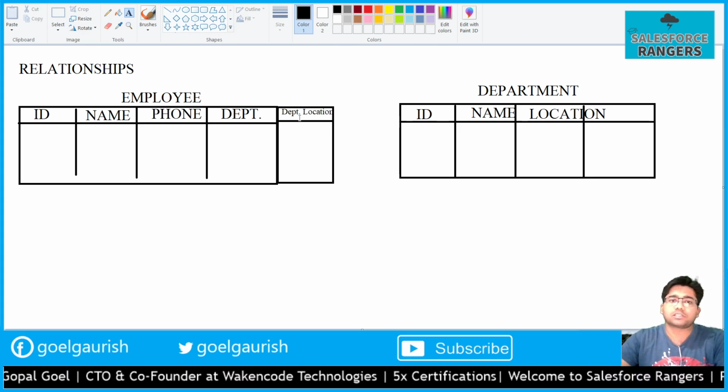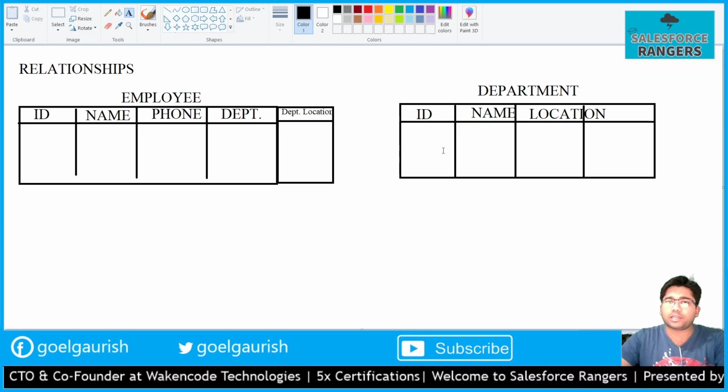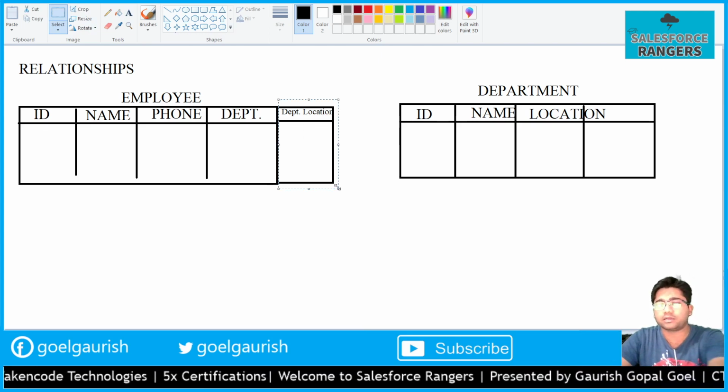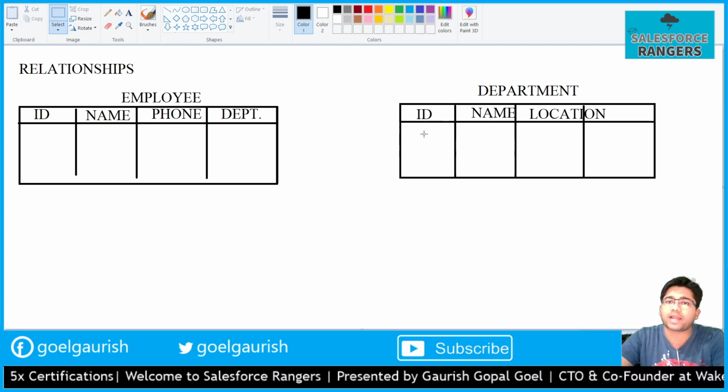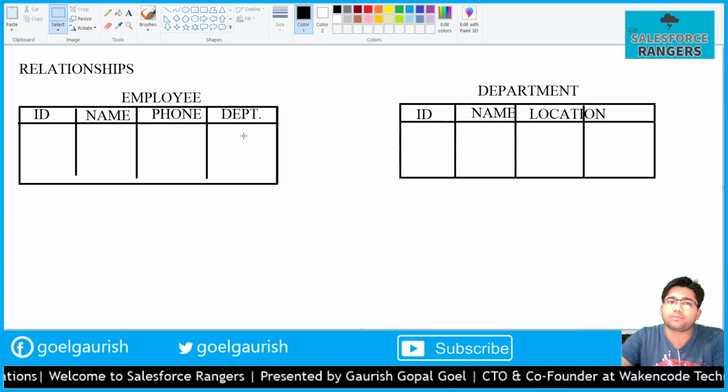Now if I build a relationship between these two tables, then I don't need this column or any other extra column related to the department table. I will just refer to the primary key of the department table and put it here.